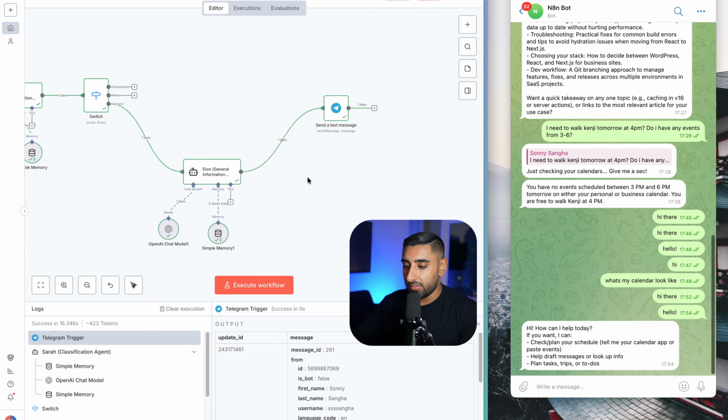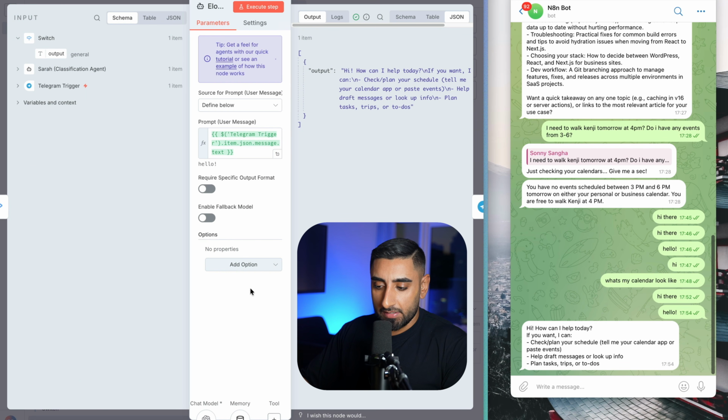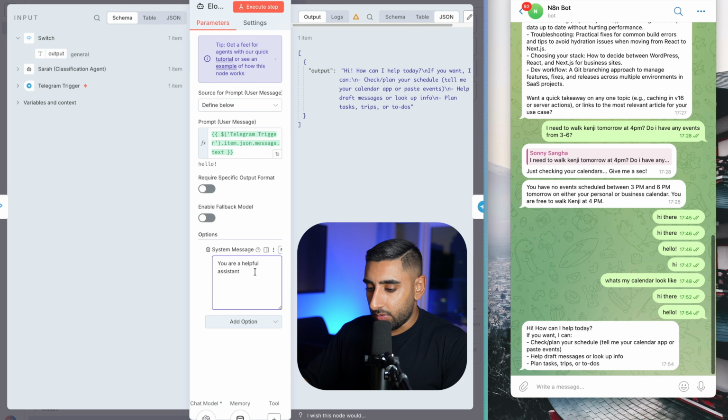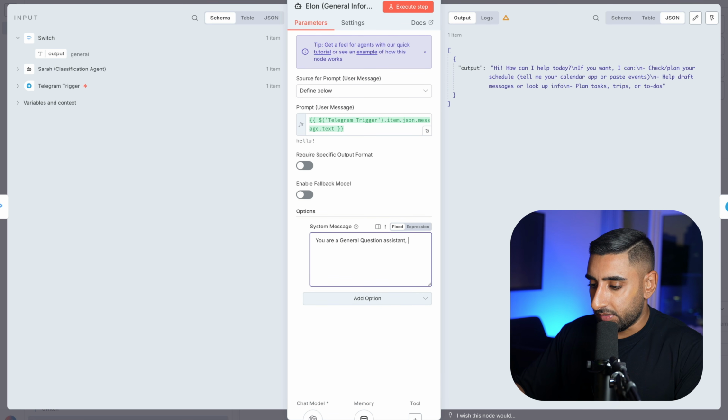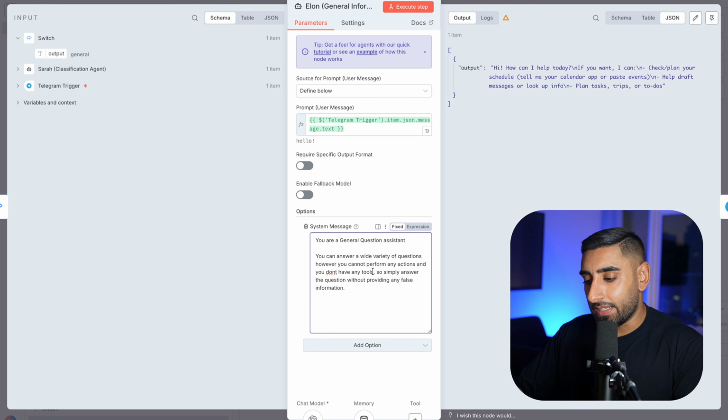So what we can do to make Elon a bit more realistic is give him a system message and say you're a helpful assistant, or you are a general question assistant. I don't know, the better you get with your prompts, the more effective it's going to be. Obviously I'm not going to go into too much detail today, but for example, we can give it something like this. So you can answer a wide variety of questions. However, you cannot perform any actions, you don't have any tools, so simply answer the question without providing any false